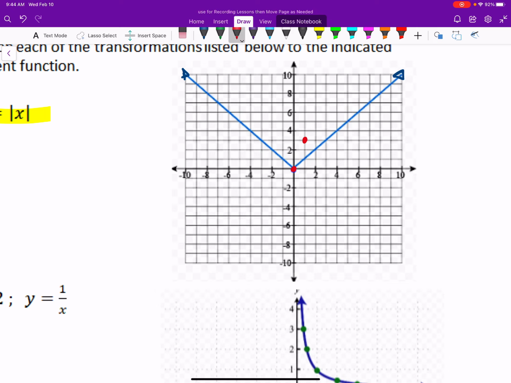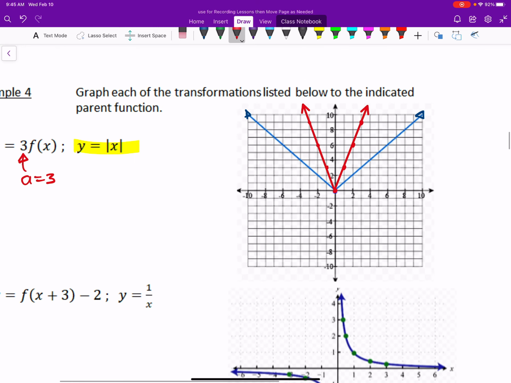Every point, the x values will stay the same, and the y values will get 3 times as tall. So this point 3, 3 would go up to 3, 9. Likewise, negative 1, 1 would go up to negative 1, 3, and negative 2, 2 would go up to negative 2, 6, and negative 3, 3 would go up to negative 3, 9. And so we get this graph that is 3 times as tall. Everything else about it stayed the same because the only transformation in this case was to make it